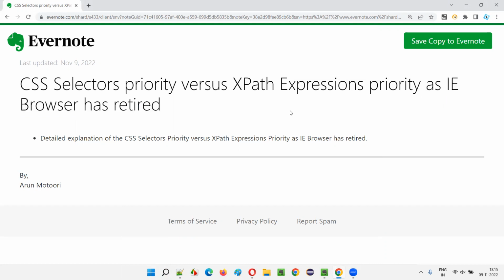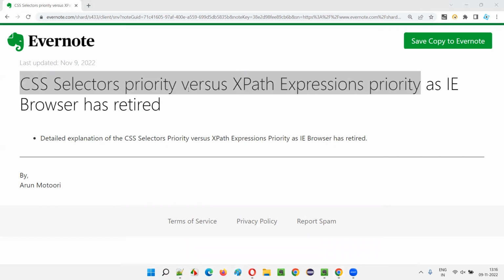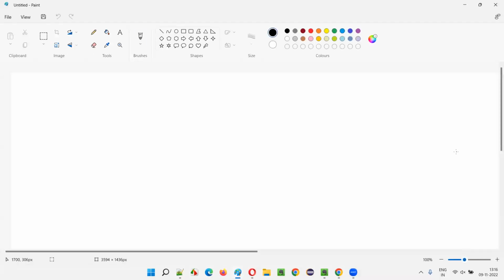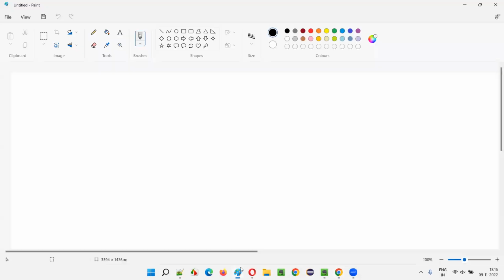Now, in this context, the priority difference between CSS and XPath is going to change. Why was CSS having the highest priority over XPath expressions earlier? There was a reason, guys. Earlier, before this IE got retired, what happened was